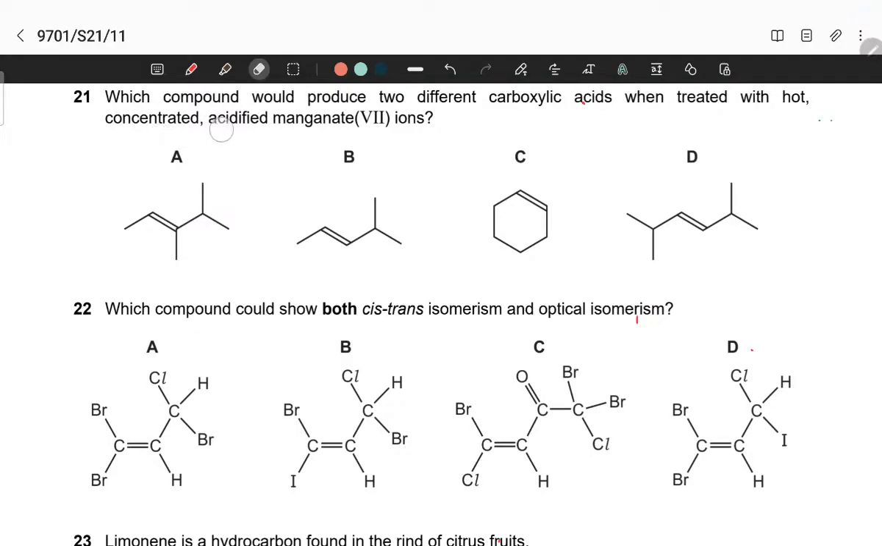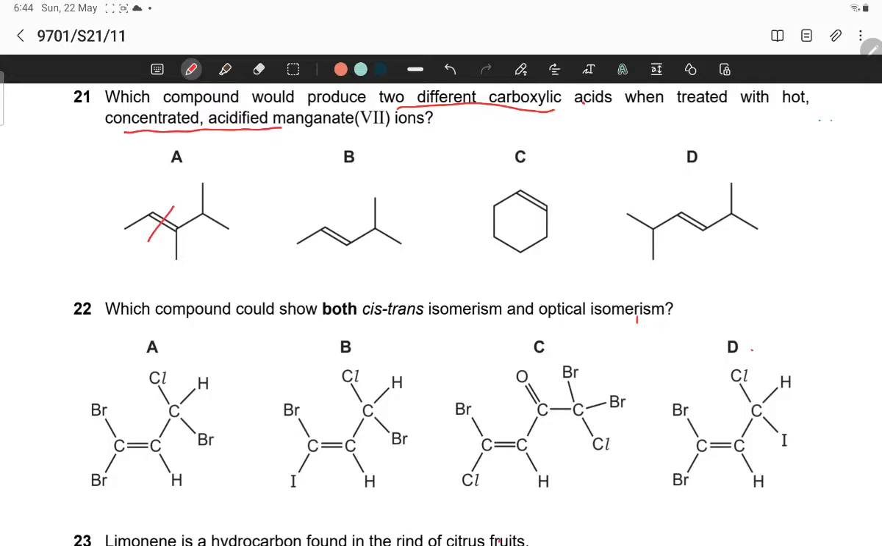Question number 21. Which compounds would produce two different carboxylic acids when heat treated with hot concentrated acidified potassium manganate? Two different carboxylic acids should be formed. In option A, so